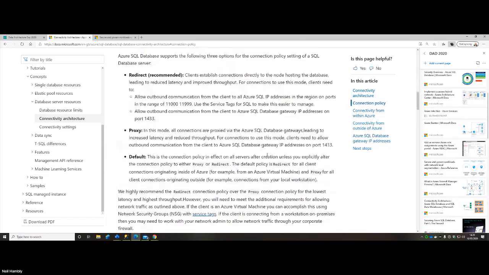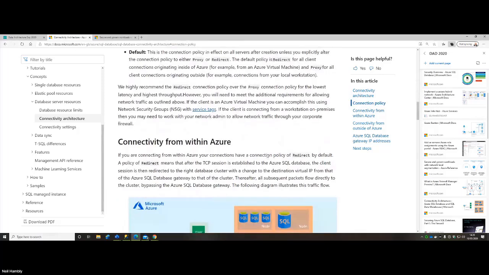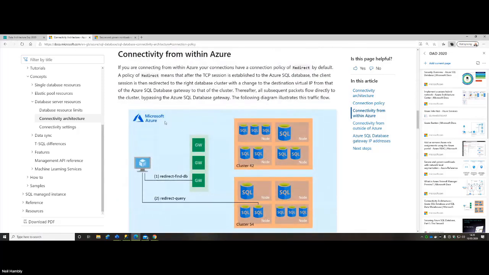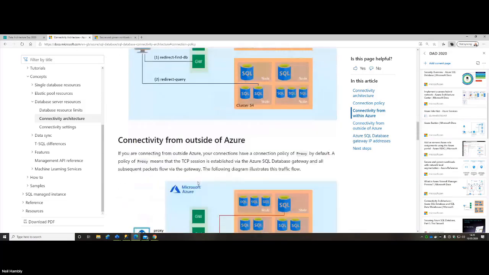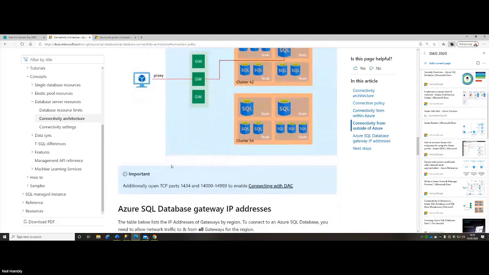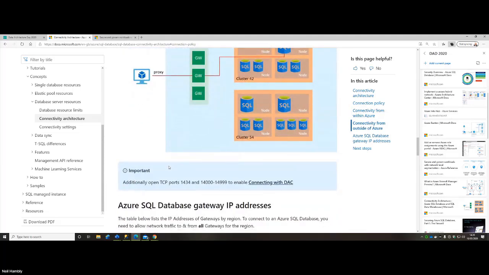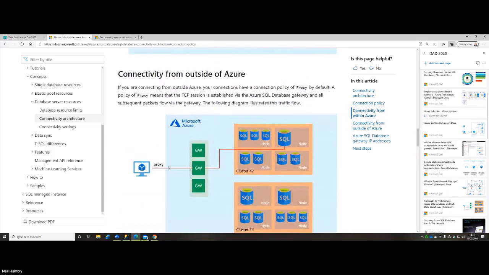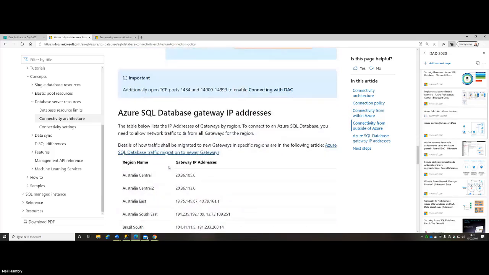So that's the one we want. If you're coming from inside Azure, you'll have the redirect option. If you come from outside of Azure, you'll go through the proxy. So it's a lot more risk averse to just have the redirect in play. We're not going through all the details, but essentially we're trying to get to just that private IP address and take all the public ones out.